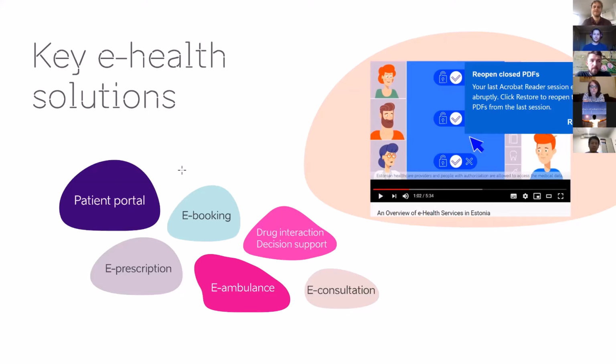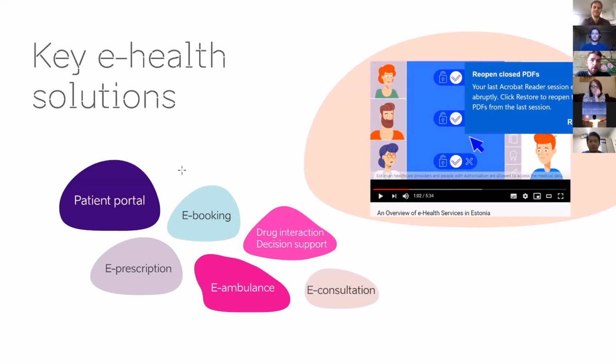E-prescription, it's basically your regular prescription, but instead of having to use a paper slip in between, the prescription just goes directly to every pharmacy. You don't need to go to your doctor to get that prescription slip anymore. You can just identify yourself at the pharmacy and you get your prescription. Based on that, we also added a drug interaction decision support. So at the point of prescribing, doctors get a warning if the medicine they are prescribing interacts with something that the patient is already taking.